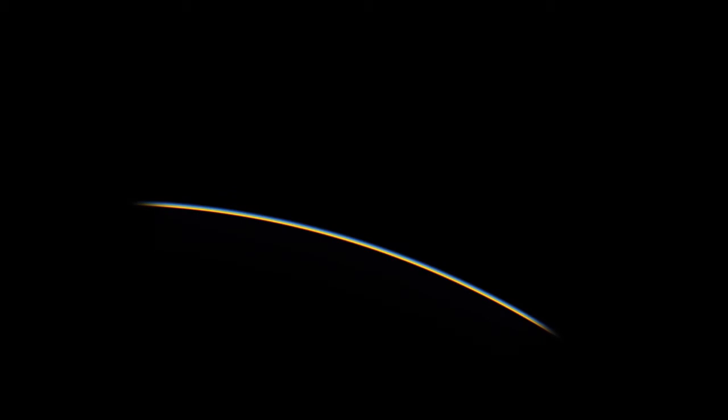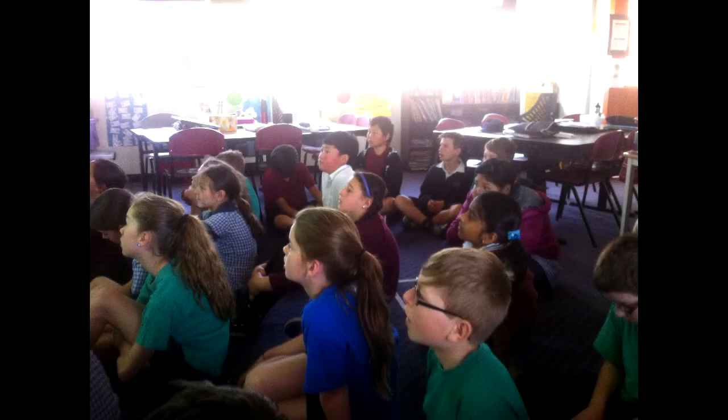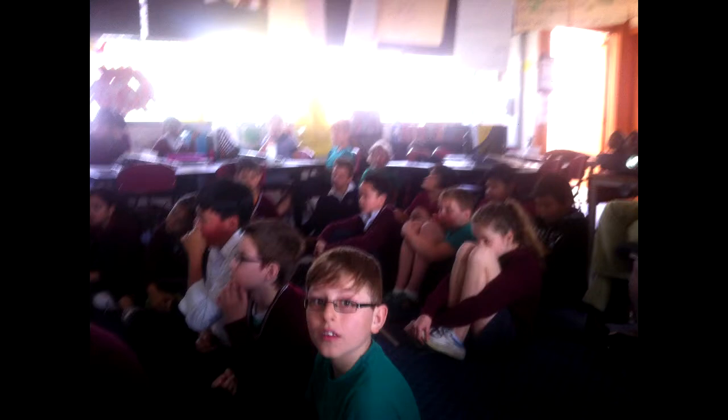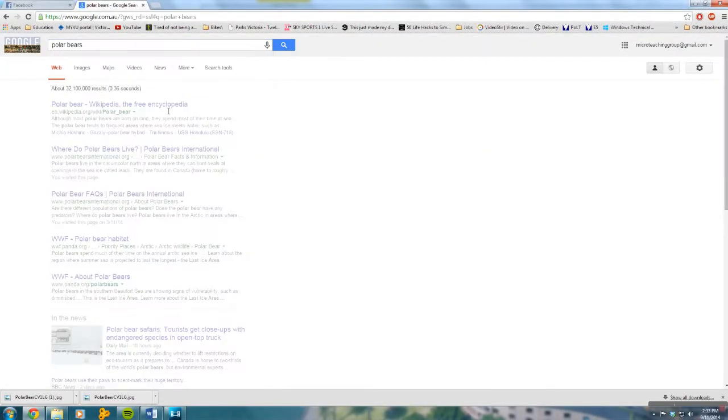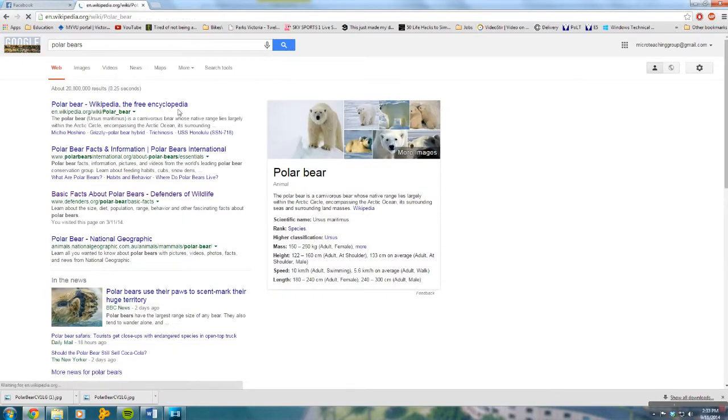So then it was important for the students to know what it meant to be a good researcher using your computers. So I had them all gathered down on the carpet together while I used my laptop on the screen, and I asked, would it be a good idea for me to type into Google polar bears, go on to Wikipedia, copy the first bit of information I can find, and just simply use that and say that I found out my facts? The students would then reply,